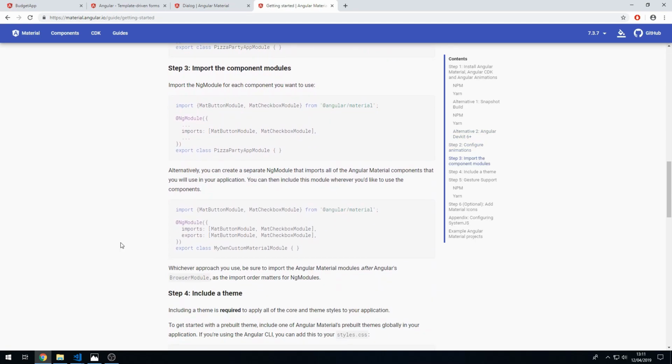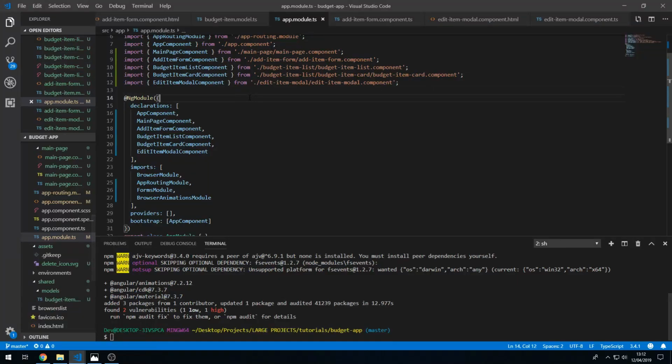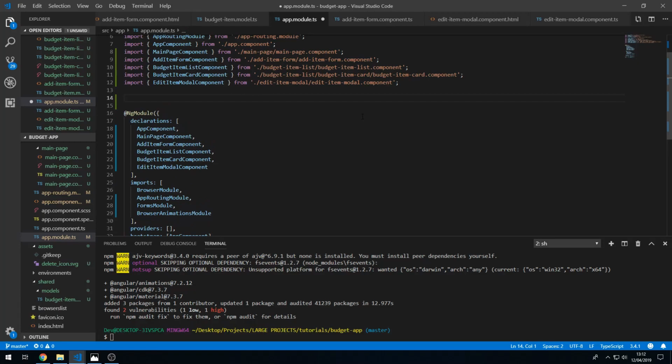Here we have to import the component modules. Great, okay, so let's go to our app and import the module that we need. For this project, we'll only be using one component, so we only have to import the dialog module. So let's import that